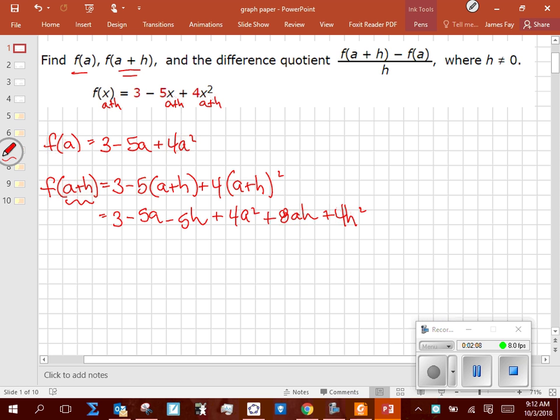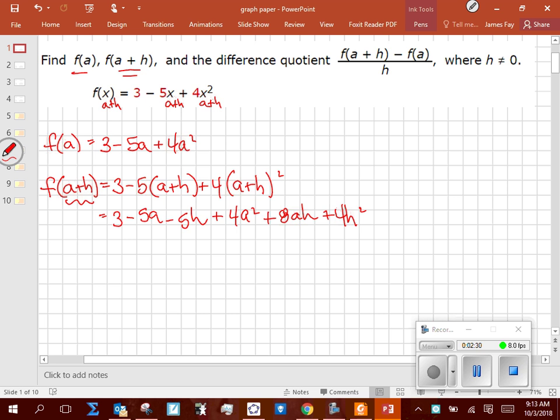The reason we do that algebra is because potentially there could be some hidden like terms that we can combine. Now here there are none, right? But again, there's going to be a benefit for having it in this format in a moment as well. So now that we've got the components for what we call our difference quotient,